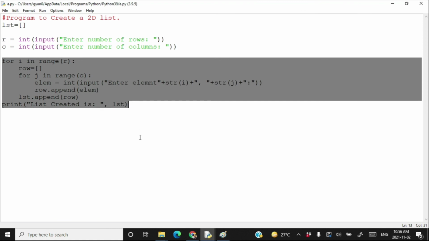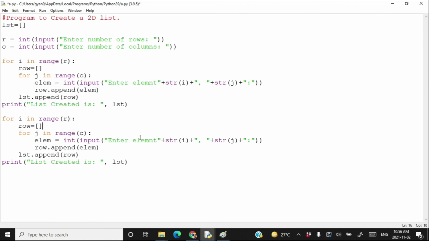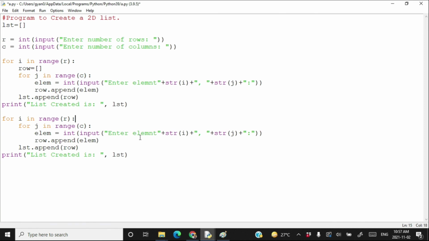Just copy this for loop. No need to define any row. Remove this statement. Just print here lst[i][j], print(lst[i][j], end=" "). Getting it? Hopefully you remember how we have printed patterns in Python. We are going to do it in the same way.